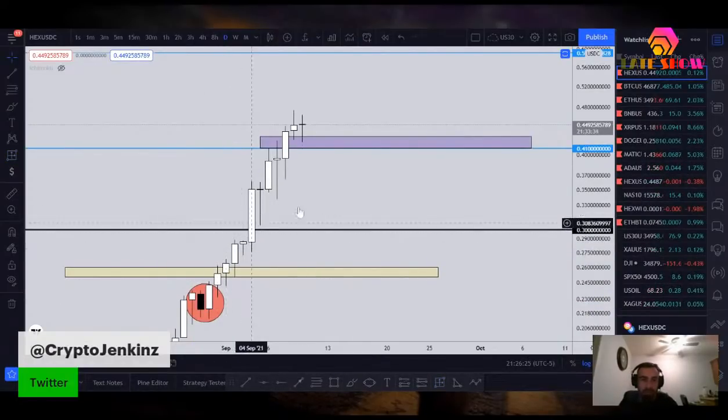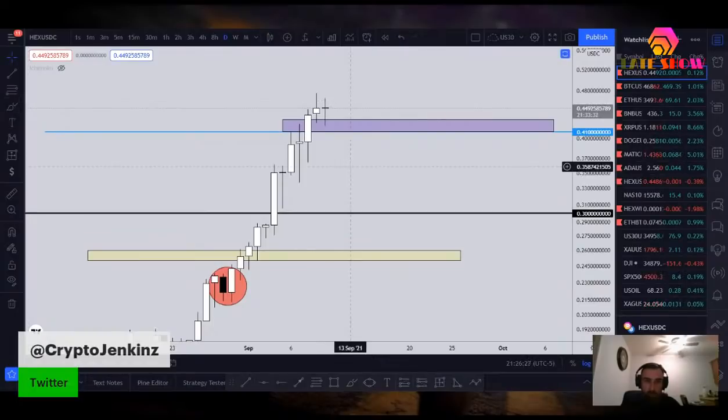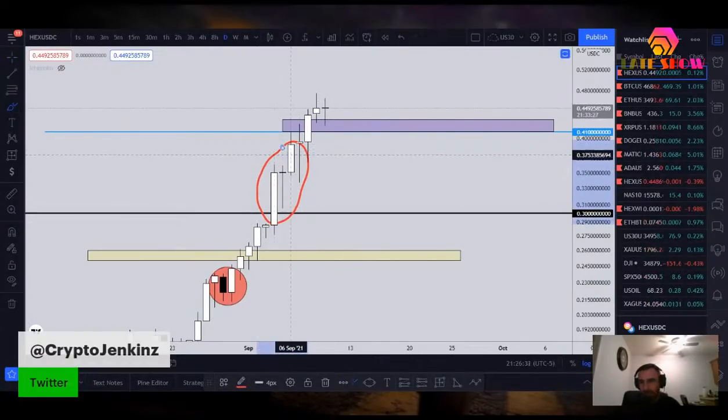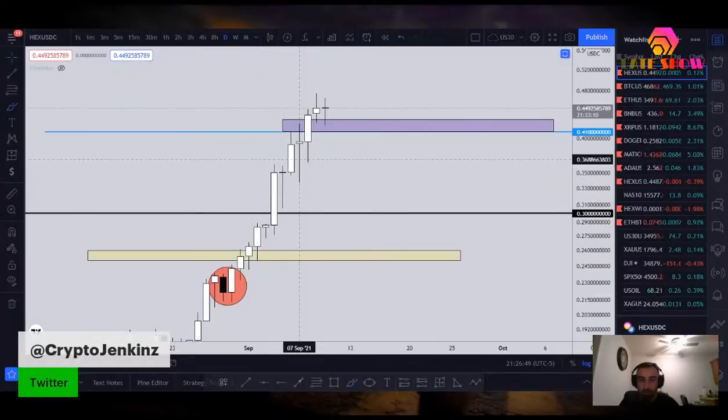But look at what printed inside of this. It's another doji engulfing, but this one a little bit less significant, but it still matters, because just look: you have the big push up, the small push down, the wick just kind of gets eaten alive, and the next candle just keeps going. Another sign of strength. So there's a lot of simple patterns printing inside of HEX right now. Same kind of thing immediately follows. Push up, almost the same type of doji, and then another push up after that. So right now, this candle is a little bit stronger than the last two, but if history repeats itself,